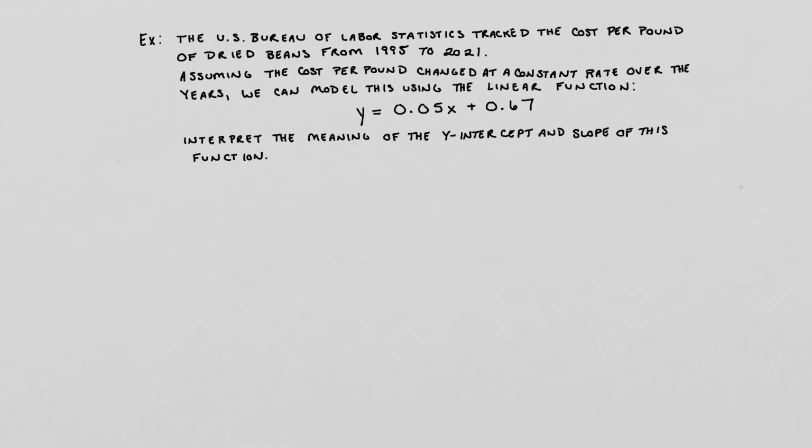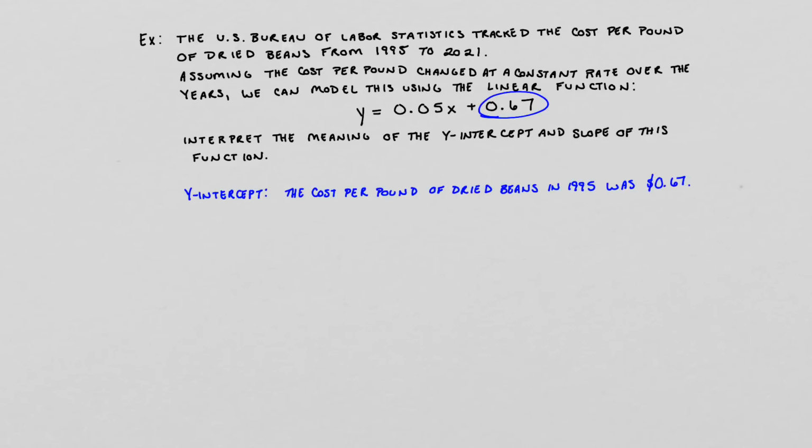I'm going to look at the y-intercept first. So our 67/100, or 0.67. And again, in order to correctly describe what's going on, we need to go back and look at the problem and pull context from it. So in this case, we are discussing the cost per pound of dried beans. The other thing that we want to note with regards to y-intercept is that it's our starting point. This is where we started to pay attention. So in this problem, it looks like we started to collect data. In other words, we started to pay attention in 1995. So what we would say for our y-intercept would be the cost per pound of dried beans in 1995 was